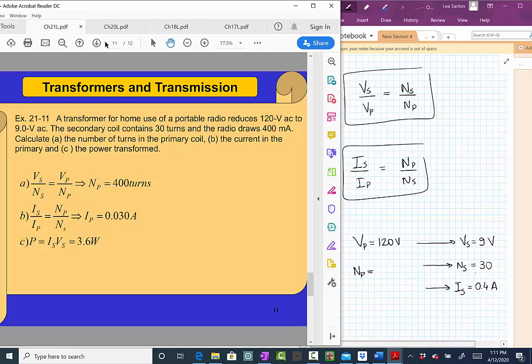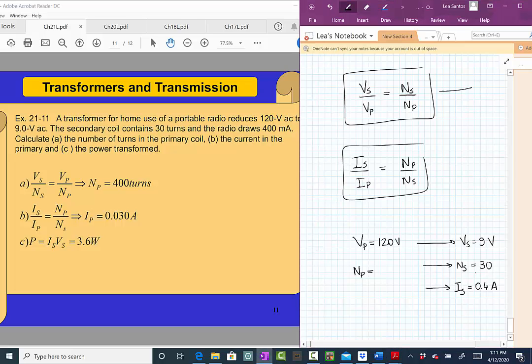How? Well, you go to this equation here, put all the numbers that you have. We have Vs, we have Vp, we have Ns. What we want to find is Np. You put all the numbers there, and you're going to see that the answer here is 400 turns, of course, large. Okay, the next question, question B, is the